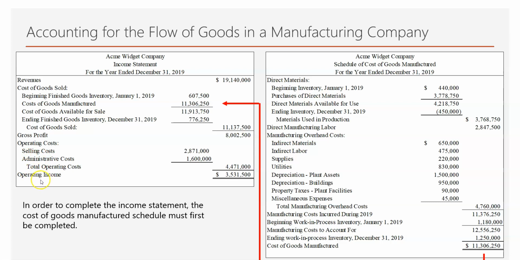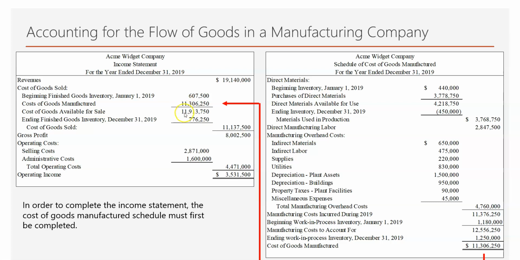However, for cost of goods sold in a manufacturing environment, we don't just have one line item where we've expensed off merchandise inventory. We've got to actually analyze that finished goods account in order to get what our cost of goods sold is. So I want to take my beginning finished goods inventory and add to that my cost of goods manufactured